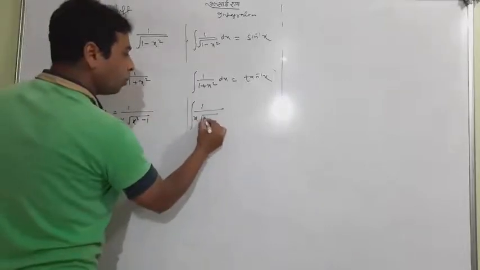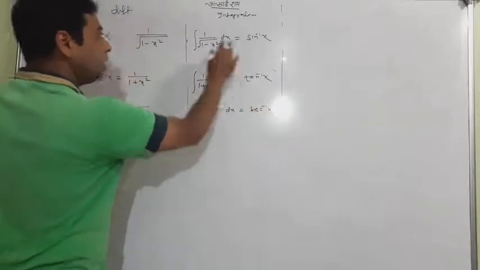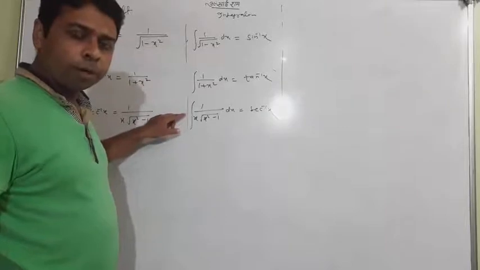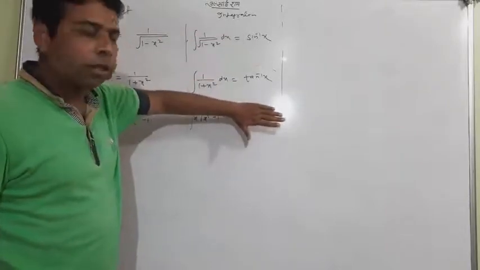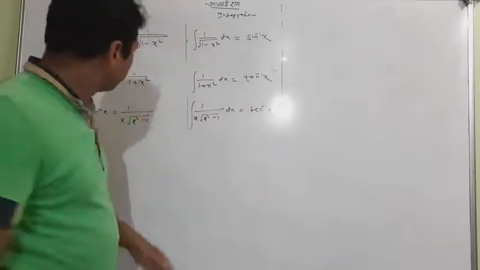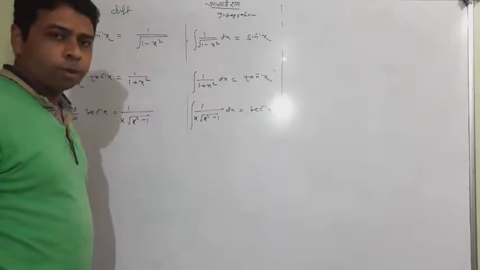What is the opposite formula? The integral of 1 upon x root of x squared minus 1 dx is equal to sec inverse x. Definitely these two will be often used, and this will also come rarely, but okay. So remember these initial three laws in the case of the inverse concept, because further on they will come. So this was the formula of differentiation, and just the opposite is the formula of integration.